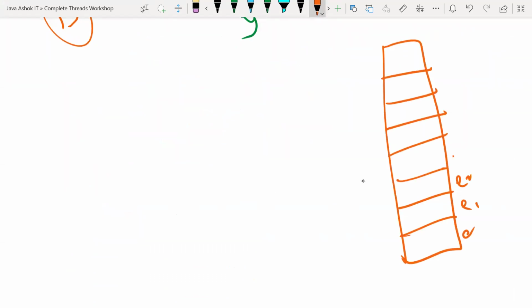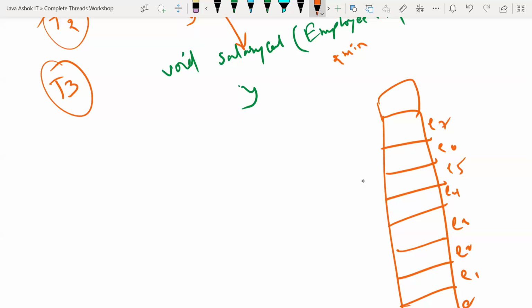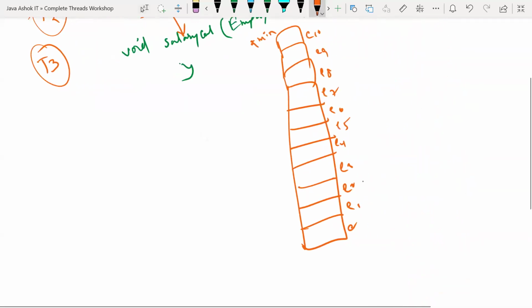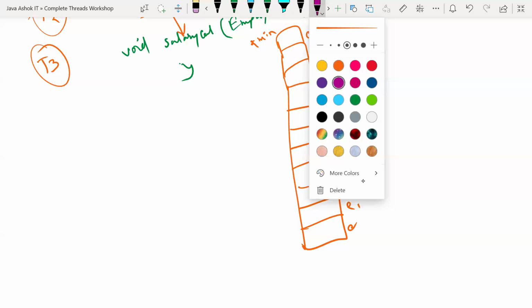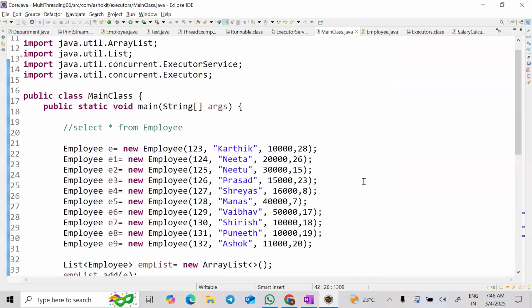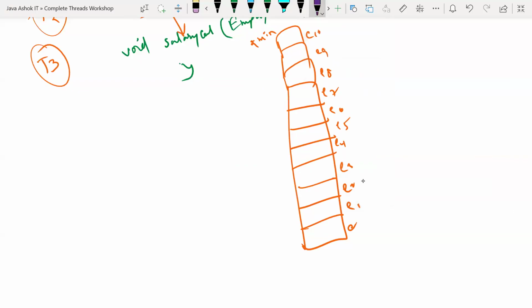E1, E2, E3, E4, E5, E6, E7, E8, E9, E10. Okay. Now let me make it small. Let me write the, I'm denoting these employee objects with a name. What is the first employee name? Karthik,